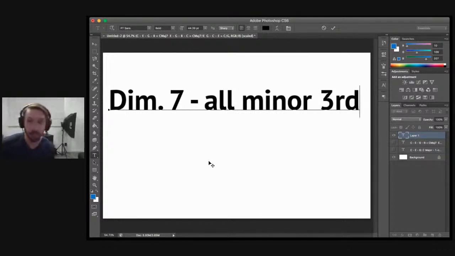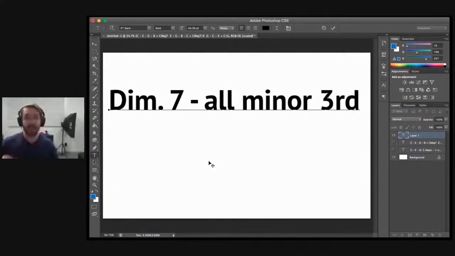Diminished chords are really interesting because they're symmetrical chords. If you start on one note as the root, then it's that diminished chord. If you start on the third, that's also a diminished chord, just with a different root. So C, E flat, F sharp, and A diminished all share the same notes. They're essentially the same chord, which means there are only 3 diminished chords. There's the one that starts on C, one that starts on C sharp with its family of notes, and one that starts on D with its family of notes, and once you get back to E flat, it's the same notes as in a C diminished 7 chord.